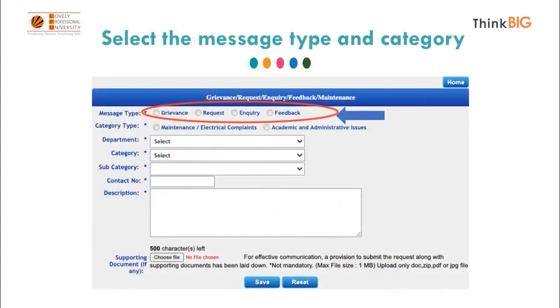As soon as you click on the Log Request button, this is the next interface which comes. In this interface, it will ask you to select the type of query you want to raise. Now, your query can be a grievance, a request, an inquiry or feedback that you want to ask from any of the departments. Once you select the message type, select the category of your query very carefully, as if the